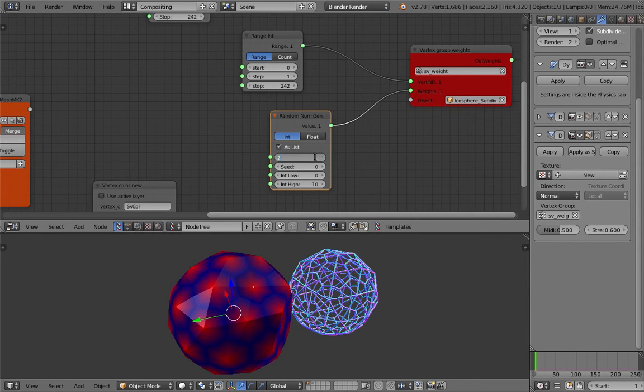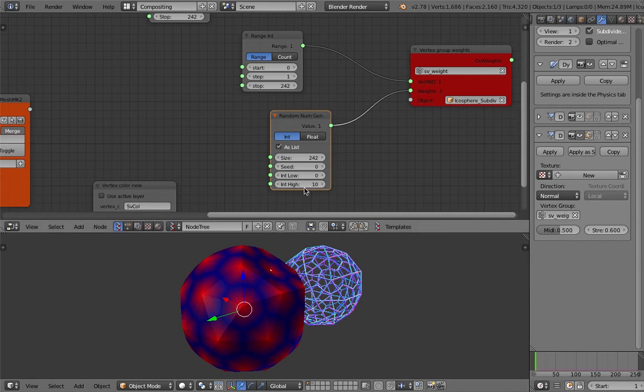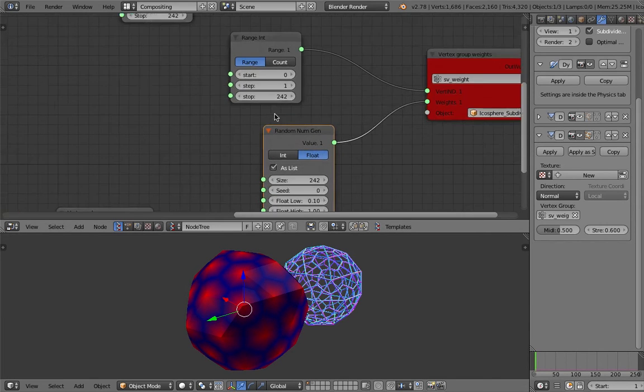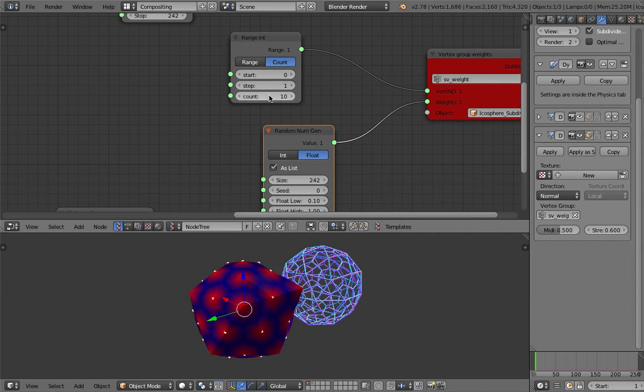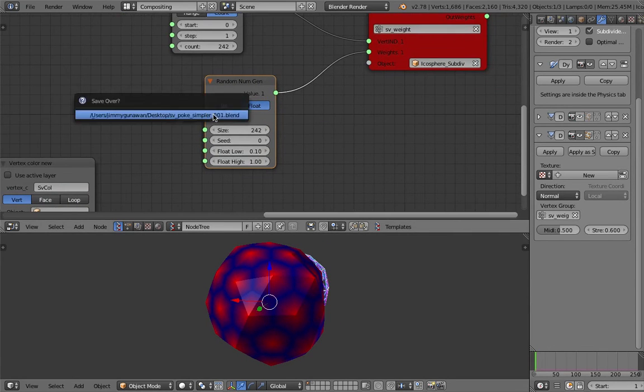It will start doing it once we give the vertex weighting. So a random weighting value between 0.1 and 1. The count 242. Currently it's going to be random,